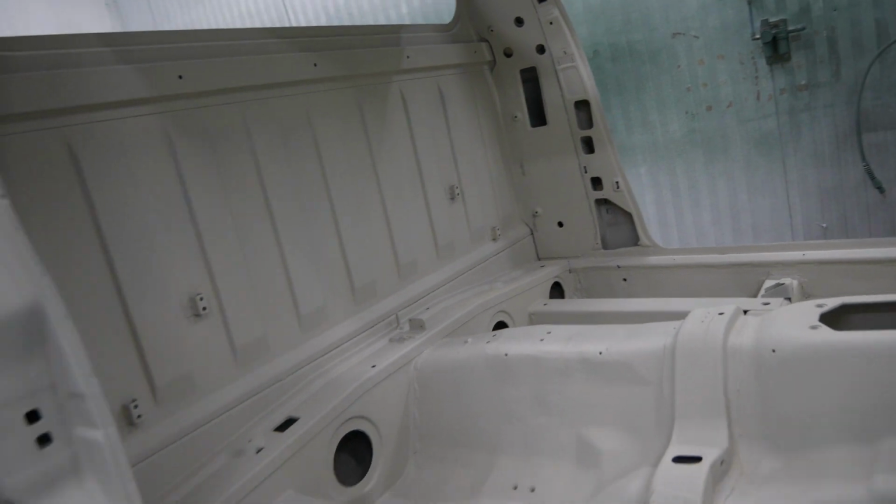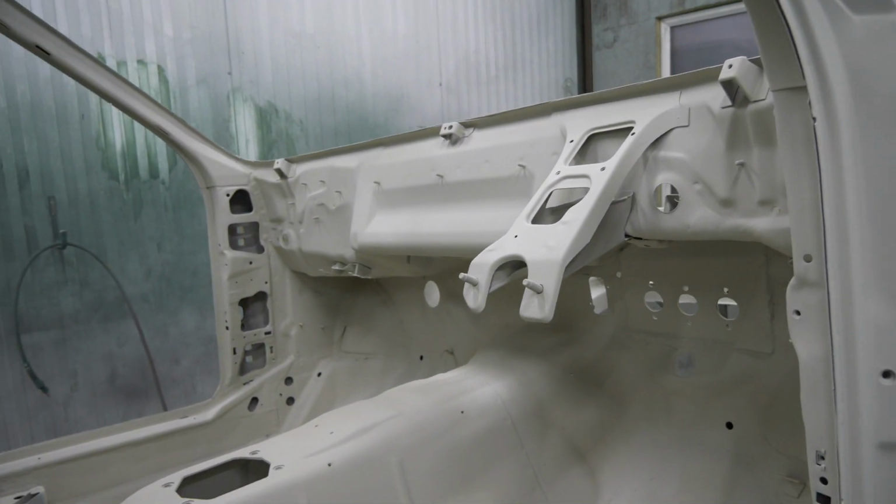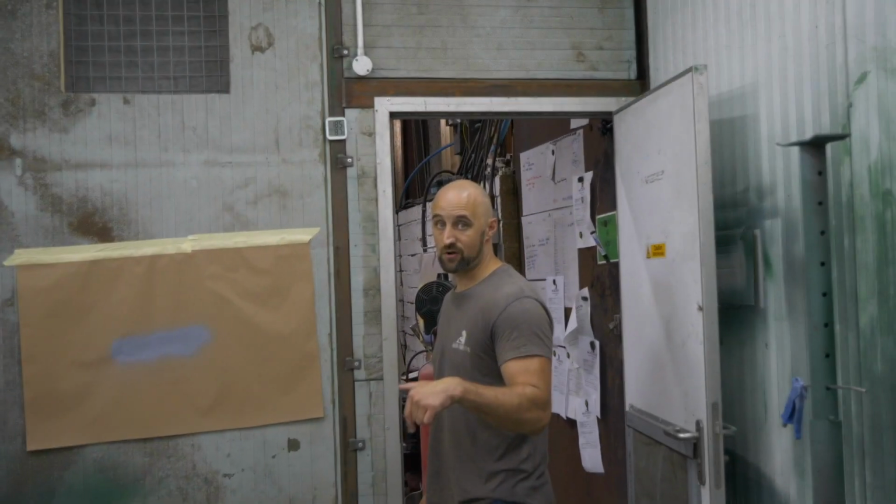So we had to grind all that off and make it nice. I'm going to get some gloves on. At a point though, isn't it? Because wow. So basically, tonight we're going to put some grey on. Oh, so I am literally catching it just before. So you guys are just seeing this before it gets to its next stage where it goes into paint,